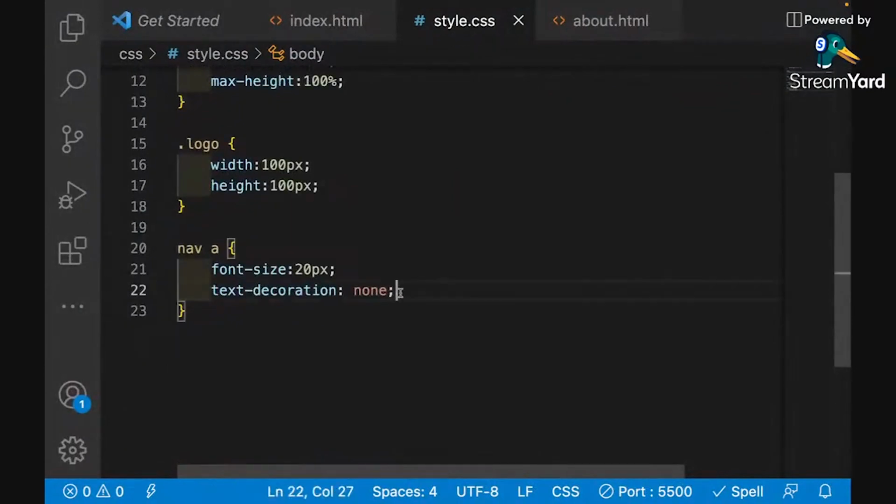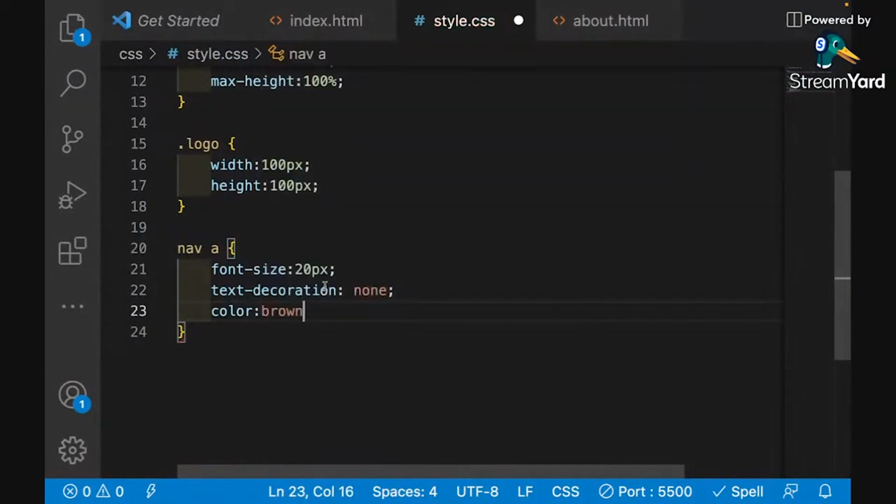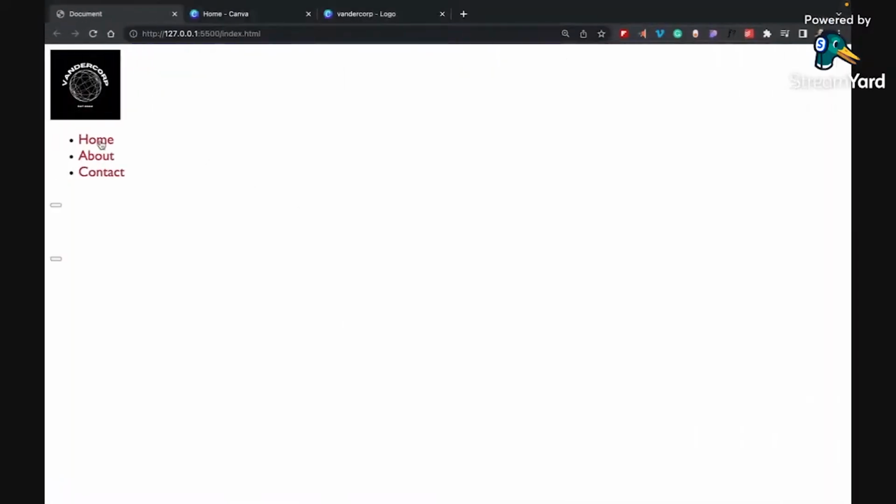Maybe let's change the color, right? I don't even know what color palette I've got for my page. So let's just pick brown because that's going to be ugly. Boom, boom, boom. There we go. And then let's do,